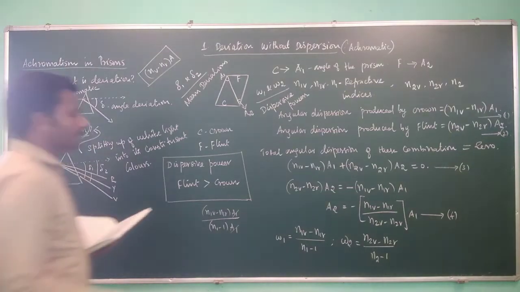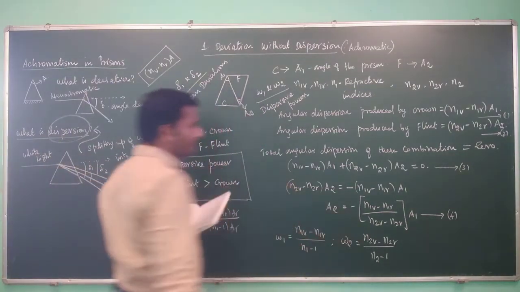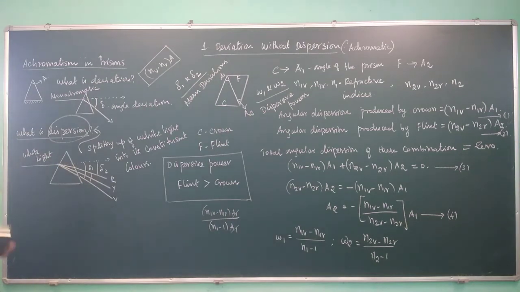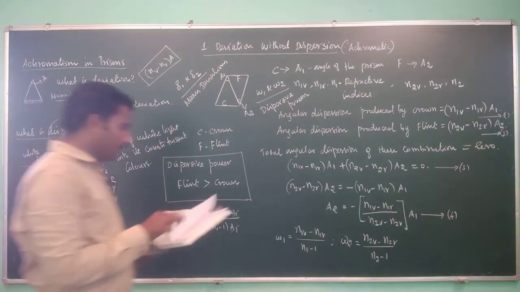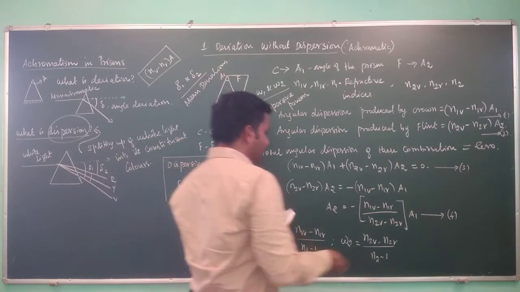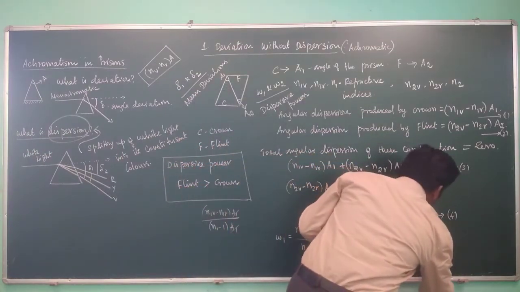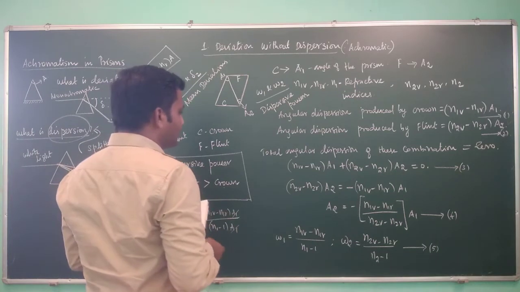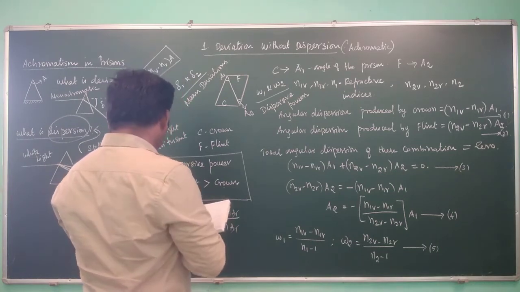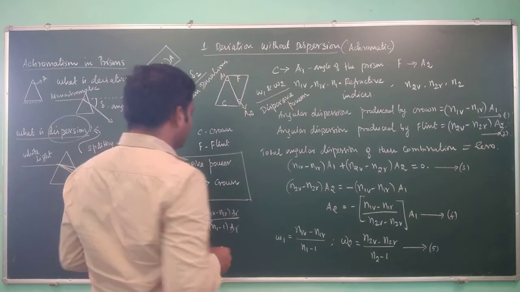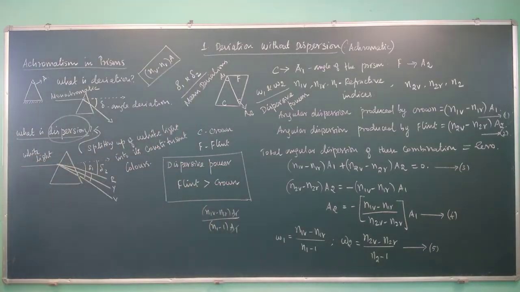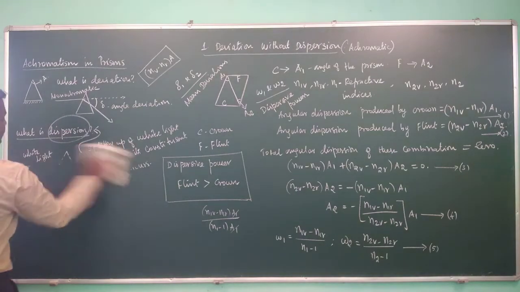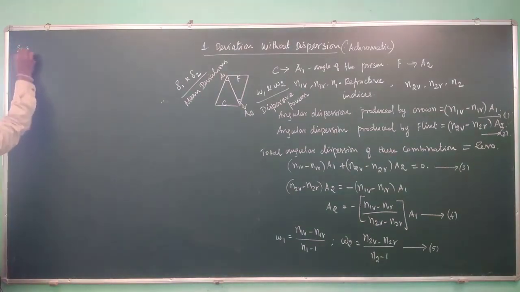Similarly, this is for crown prism. Similarly, you can write the same equation for flint prism. Fine. So you can number this as equation number 5. So if you substitute these into the previous equation, equation number 3,